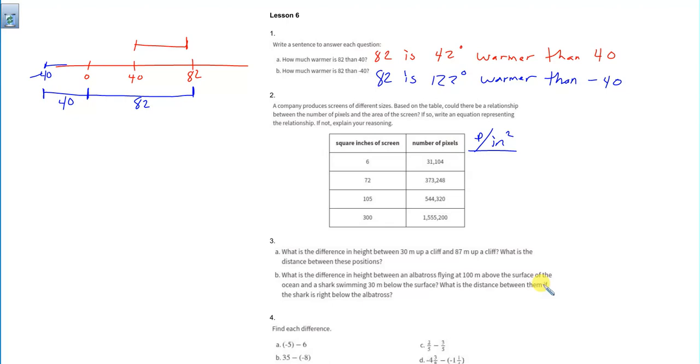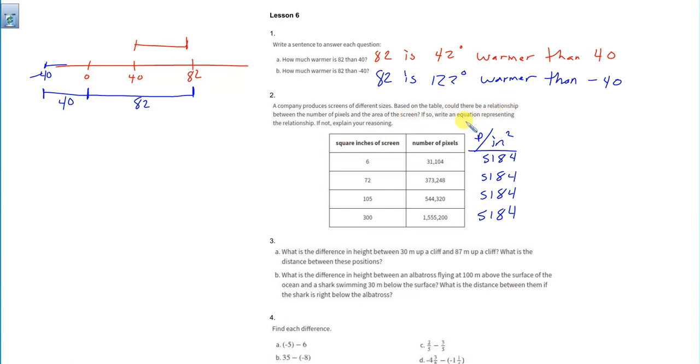So I got my calculator. I'm doing 31,104 divided by 6. I'm doing 373,248 divided by 72. I'm doing 544,320 divided by 105. And I'm dividing the last set there, which is a several amount of pixels, divided by 300. And every time that I did that division, I kept getting this number, 5184. 5184 every time. So that means I have a constant of proportionality,